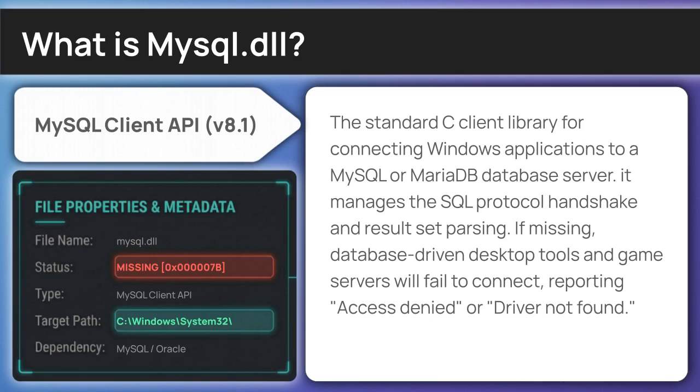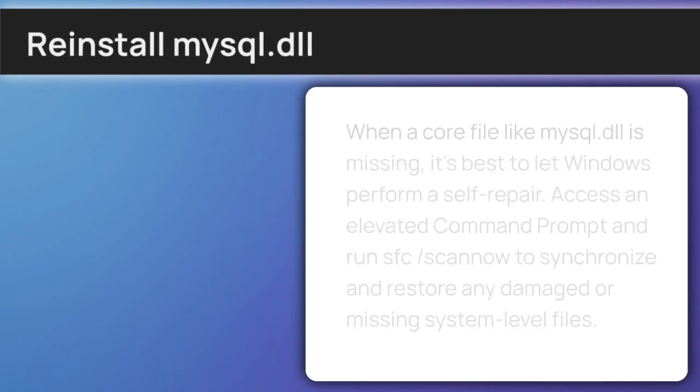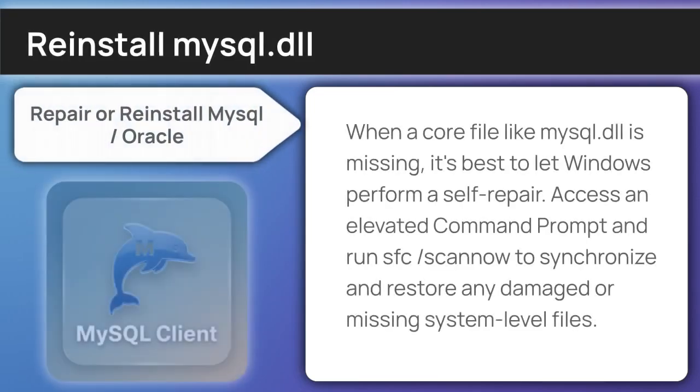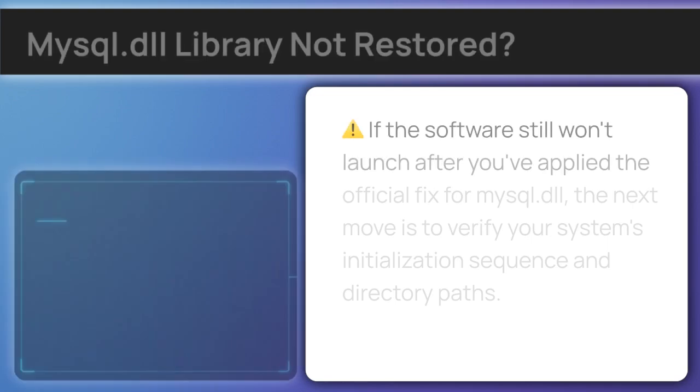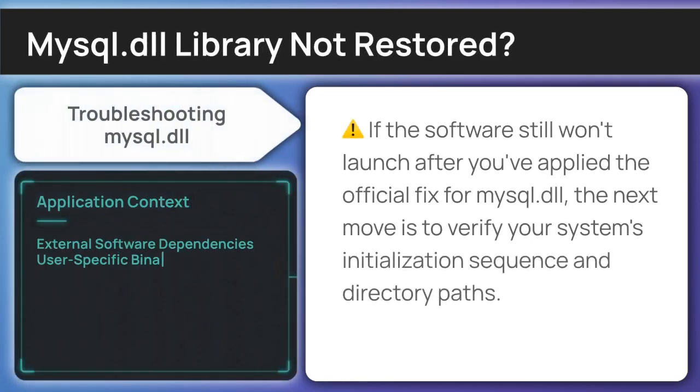Now let's dive into the solution, starting with a standard reinstallation. This error suggests a failure in the underlying Windows architecture. Open command prompt with administrator privileges and execute sfc /scannow to restore core system components, including the missing WLID CLI library DLL. When a standard software refresh isn't enough, we need to bypass the automated installers and look at manual